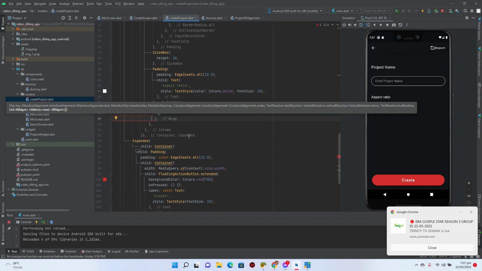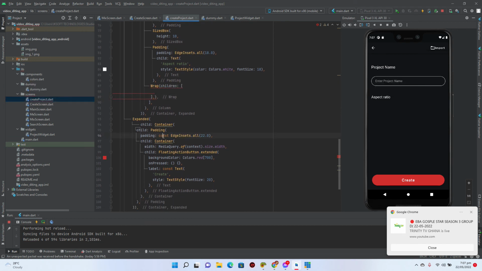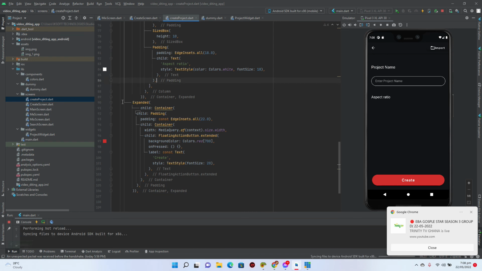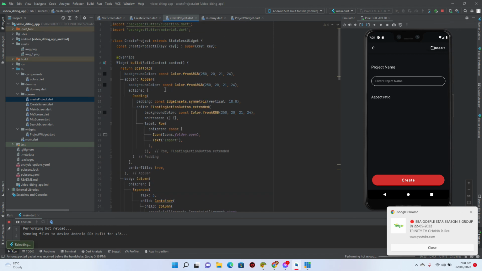All right, guys, I don't actually know what is happening here, but I think I am facing a lot of challenge now. I have a cough and I have a cold, and it's putting a lot of pressure on me. So I'd love to rest it, but before I do that,